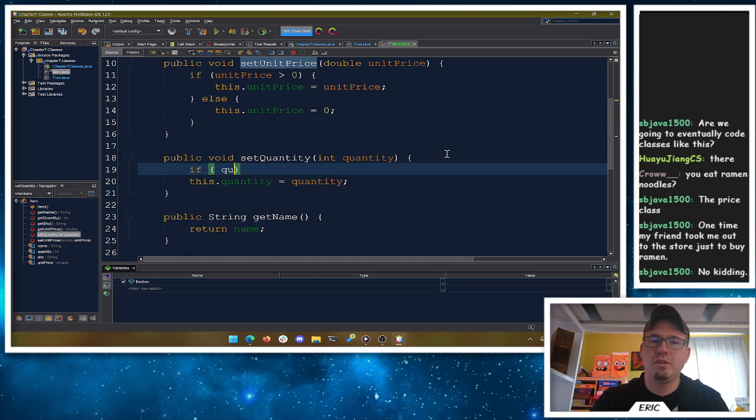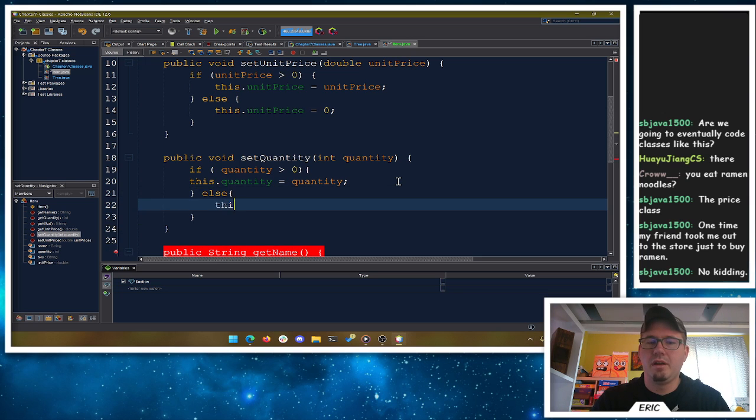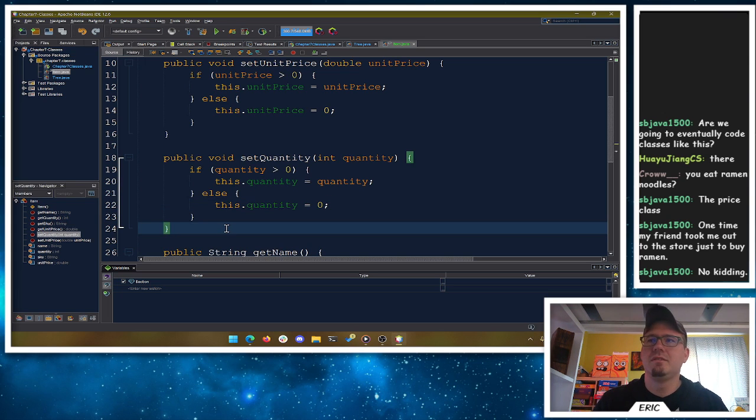We'll say, hey, if the quantity is greater than 0, great, we'll take your quantity. Otherwise, this.quantity will just be set to 0. If you try and give me a bad value, a negative value, I'm going to say, nope, you can't buy negative of these things. I mean, maybe technically returning an item is buying a negative amount of it, but we will pretend that doesn't happen because that just starts to hurt my head. And we probably don't need anything that complex.